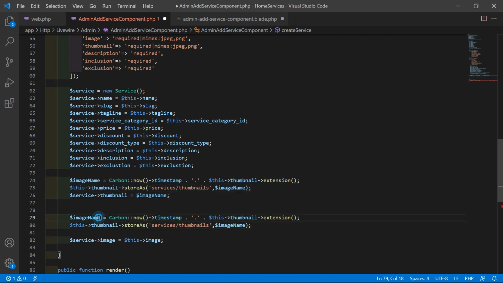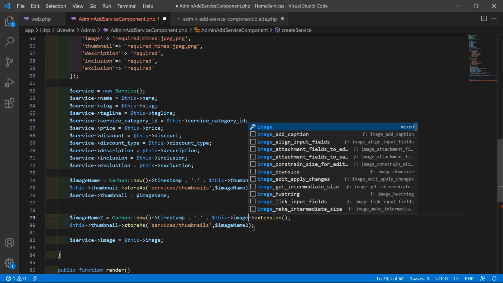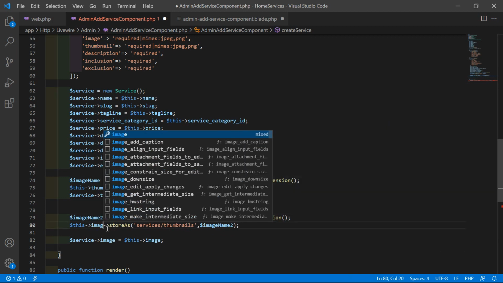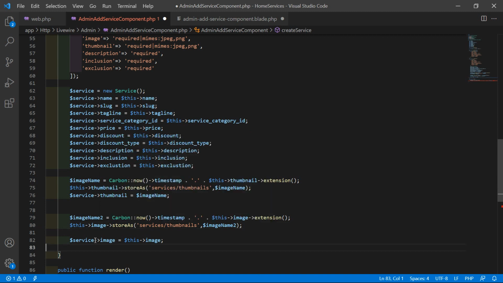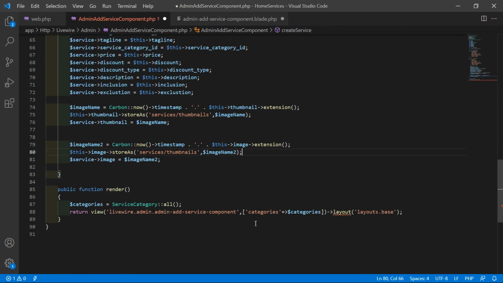Okay, and change here the image name, and also change here and write image. And change here the directory name and just remove this thumbnail, only services. Okay,